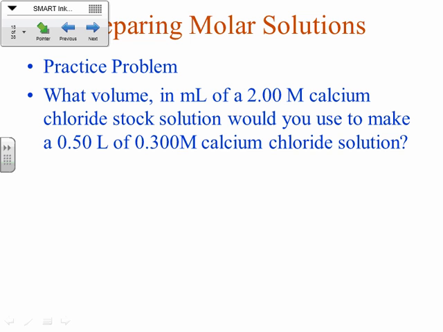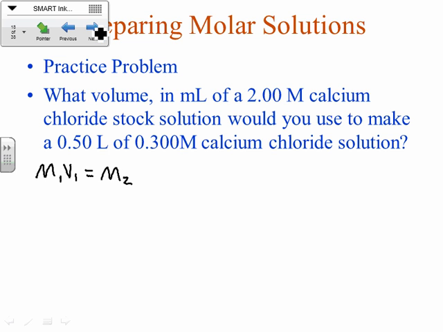So what volume in milliliters of a 2 molar calcium chloride stock solution would you use to make 0.50 liters of a 0.300 molar calcium chloride solution, okay? So we're starting with a 2 molar solution. We want to make a 0.30 molar solution, and this is how much of it we want to make. All right? So we're just going to use that formula,